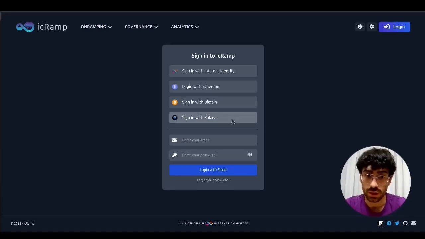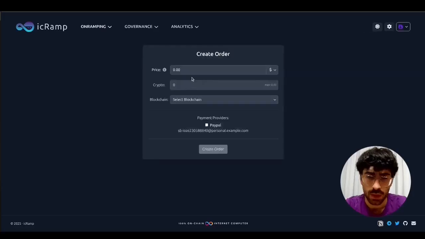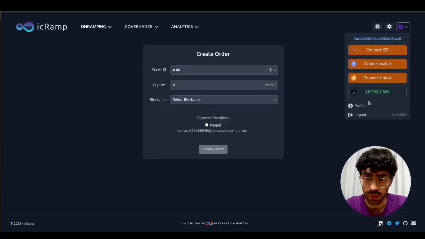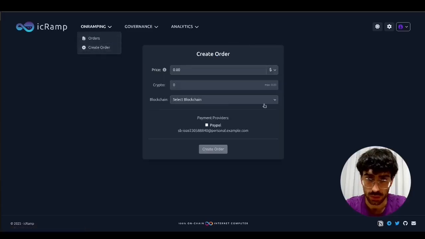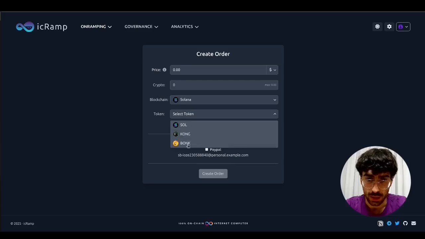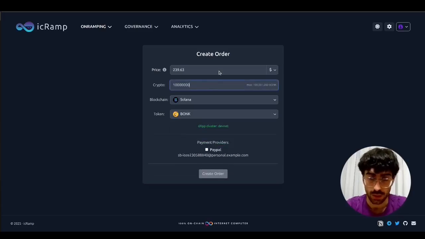We want to create another order using a Solana SPL token. So first of all, we will log in with the Offramper. So here we are in the panel of the Offramper. We can see here that we own some tokens. So we want to sell some. Here this is the UX we have shown earlier, and here we can just select Solana and we can select this token. So now let's just create an order with the amount of BONK, and